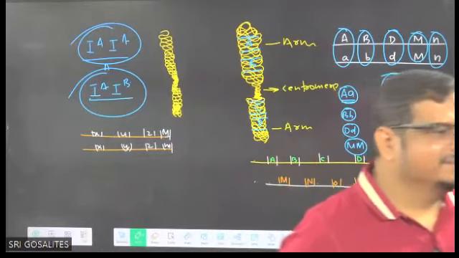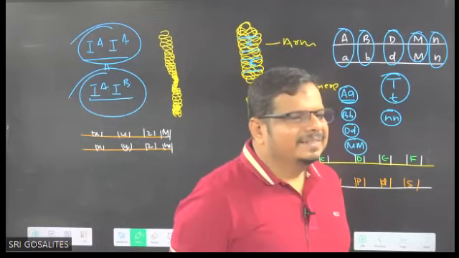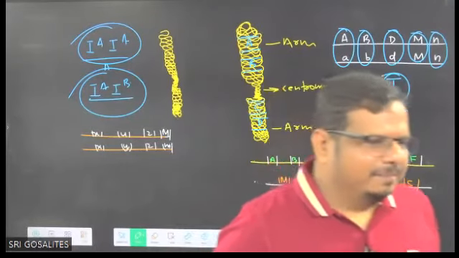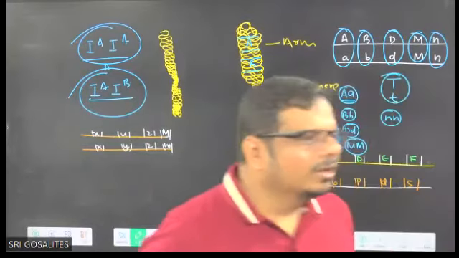Same length, same position of centromere, same gene, maybe same or different allele. Heterologous chromosome,